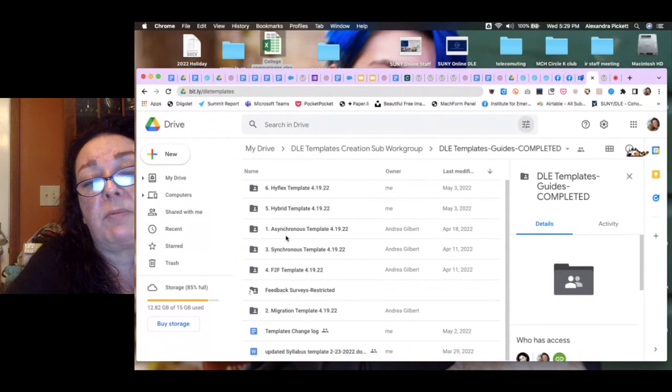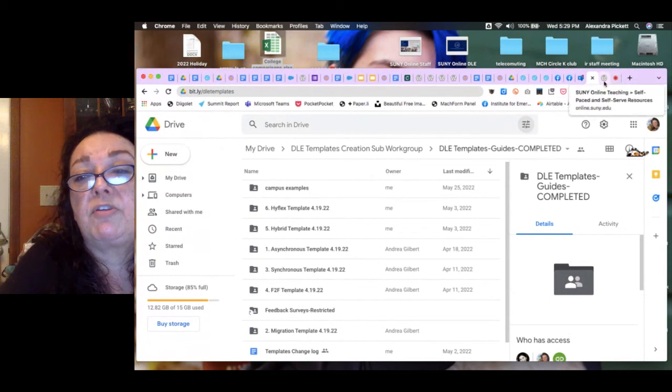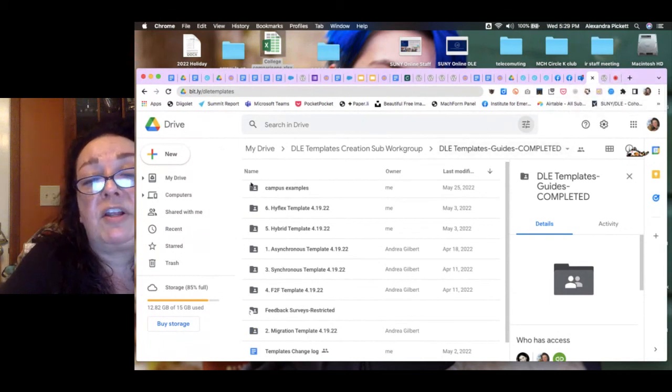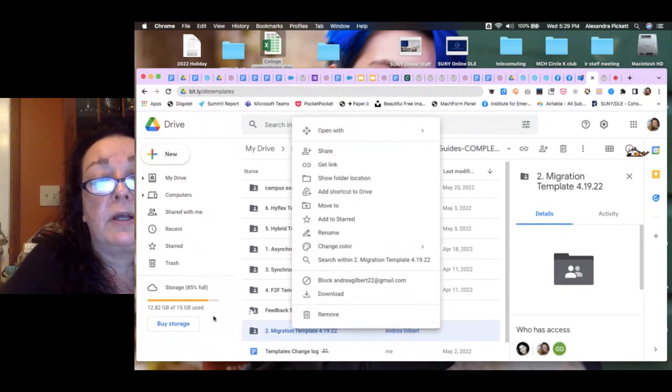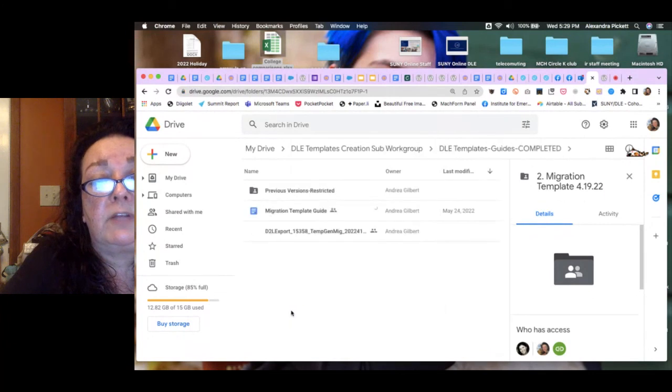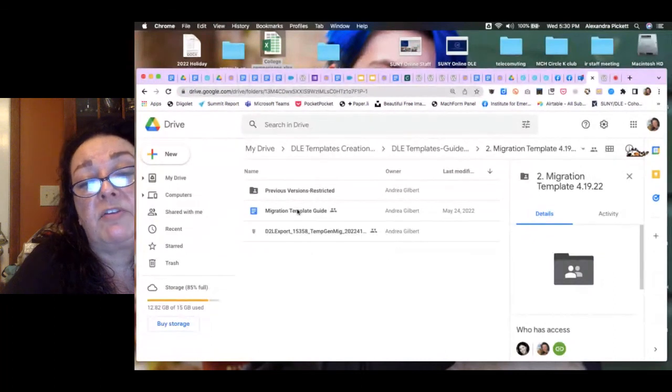So high flex, hybrid, asynchronous, synchronous, face-to-face, and so forth. There's even a migration template if you're interested. And these are templates you can actually, I'll go into one of them. Let's go into the migration one. It's got the zip file that you can put into your Brightspace environment, and then there's a guide